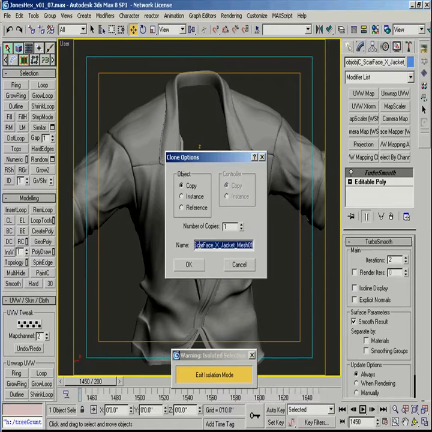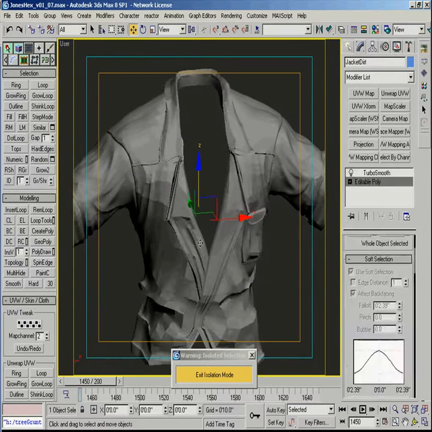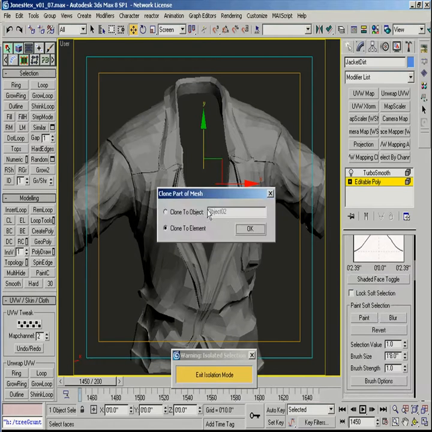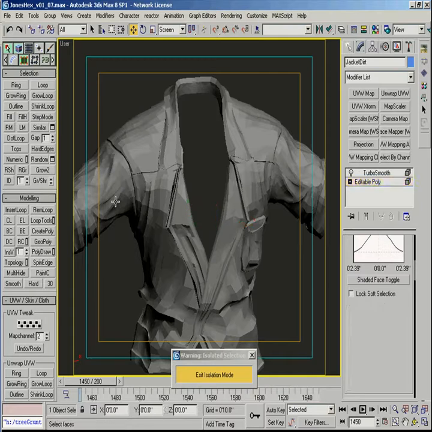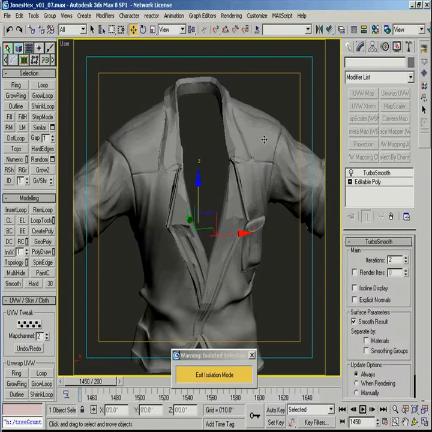So we're going to do the quick dirt again. And I want to rename it. Now the reason I'm doing this is I'm breaking apart the collar and the jacket because